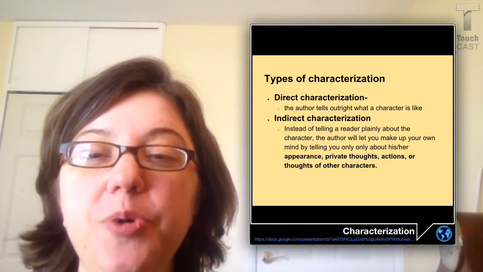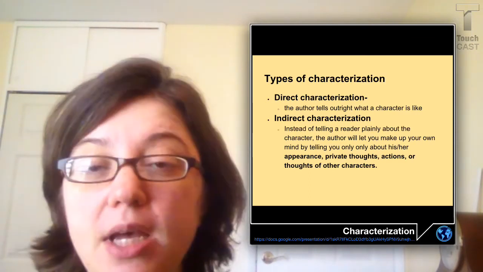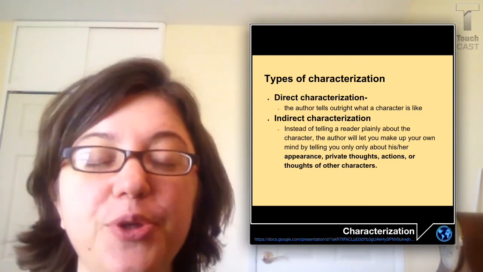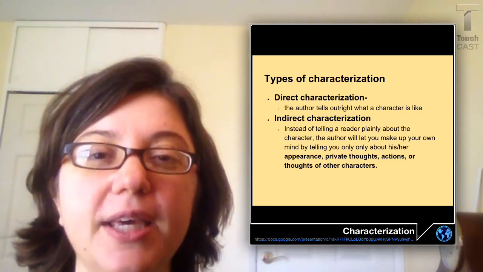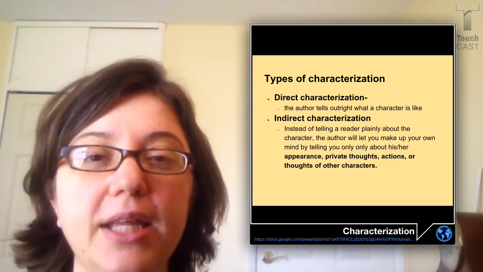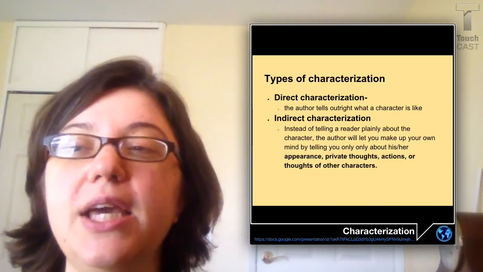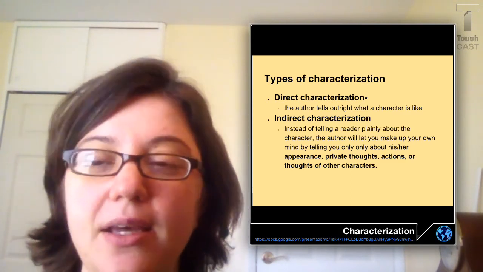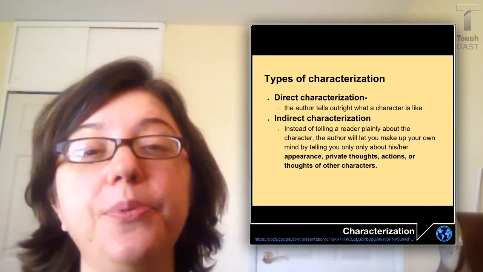They create believable characters by giving you insight to what they look like, their appearance, their private thoughts, maybe the thoughts of other characters about them, maybe what the character does, and what the character says. And these are all things that you would annotate if you're in the class where you underline and label things in a book, or that you take note of if you're in a class that's looking at what's important and what's interesting. Okay, so pause the video and write down the types of characterization while I pull up our novel example,